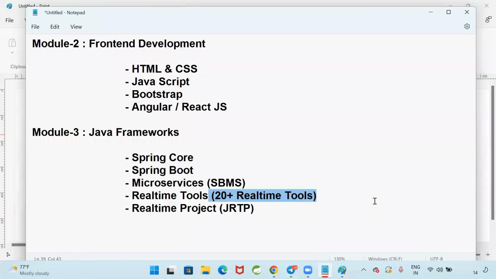Why am I teaching 20 tools? Did I learn the 20 tools within 1 year? No. I spent 9 years to work with the 20 tools. So tomorrow when you go for a job, 20 tools will not be available in any project. No project will use all the 20 tools that we are going to discuss. I changed 4 companies, 5 companies in 9 years. 5 different projects I have developed, different technologies, different tools. That is my experience. I am going to share all my experience with you as part of this training.